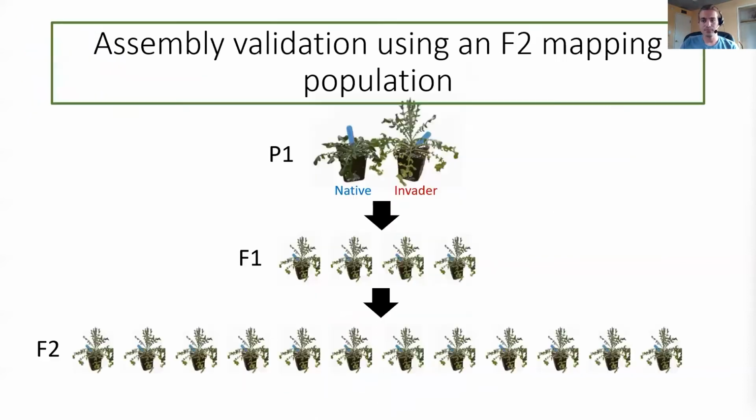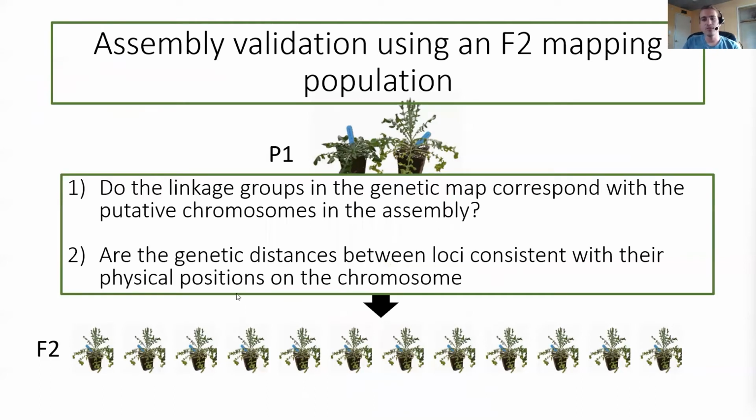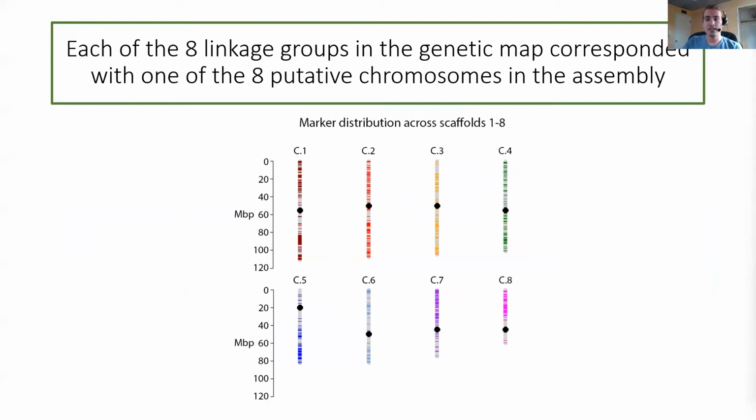In order to further validate the assembly, I then constructed a genetic map from an F2 mapping population produced between a native and invader genotype using RAD-seq data. And specifically, in order to validate the assembly, I asked first whether the linkage groups within the genetic map corresponded with the putative chromosomes of the assembly, those first 8 scaffolds. Second, whether the genetic distances between the loci in the genetic map were consistent with their physical positions within the assembly. And what I found is that each of the 8 linkage groups in the genetic map did indeed correspond with one of the 8 putative chromosomes in the assembly,